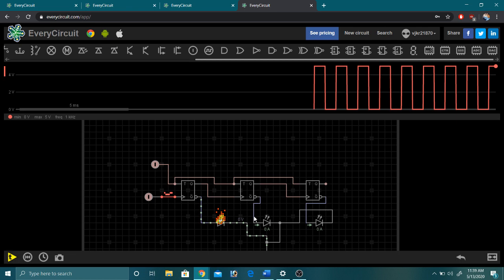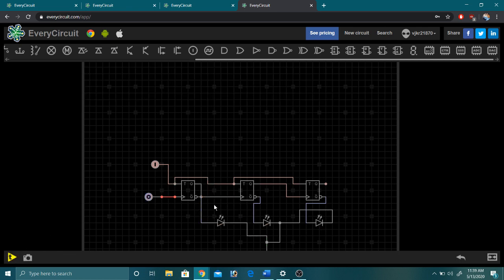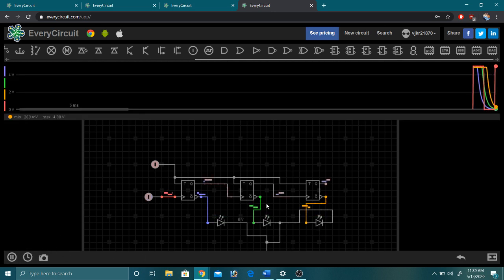Okay, I hope everything is right. Okay, just for observation, we'll observe the waveform also. Okay, seems good. Let's run it.